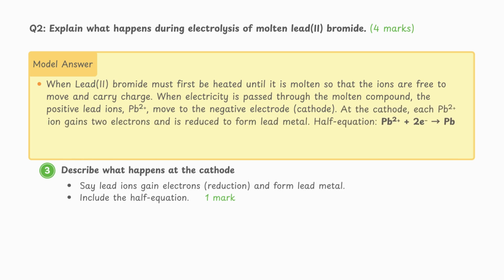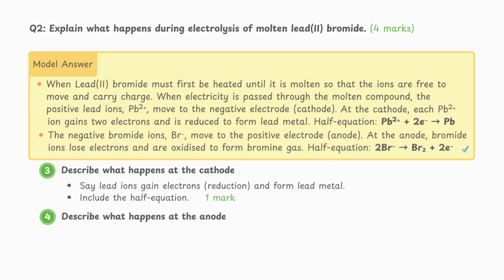The half equation here is shown. Now, describe what happens at the anode. The bromide ions lose electrons, oxidation, and form bromine gas. The half equation is,